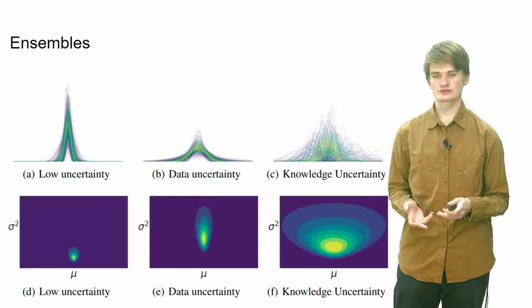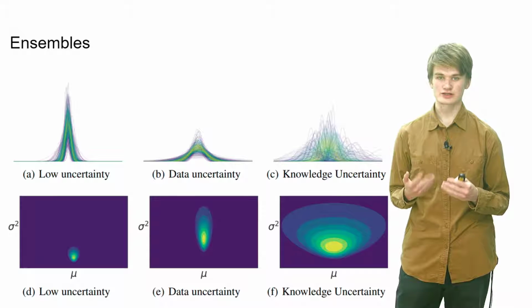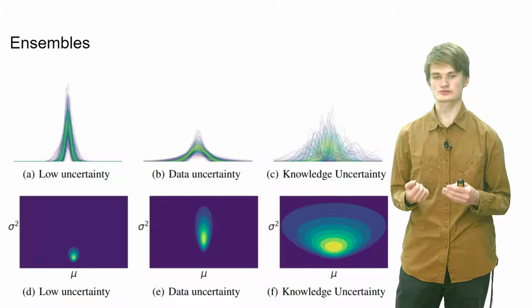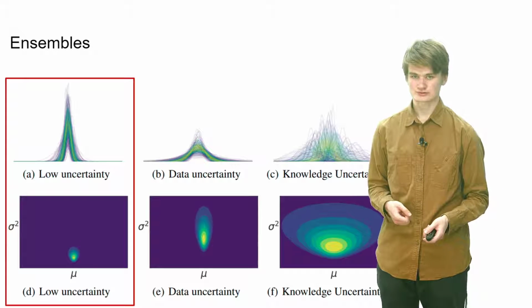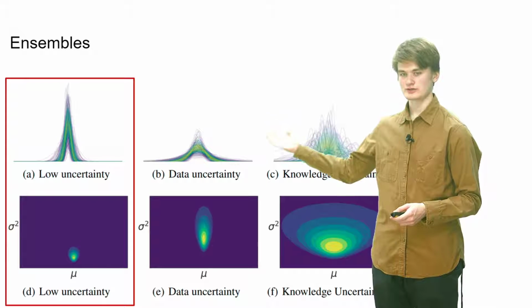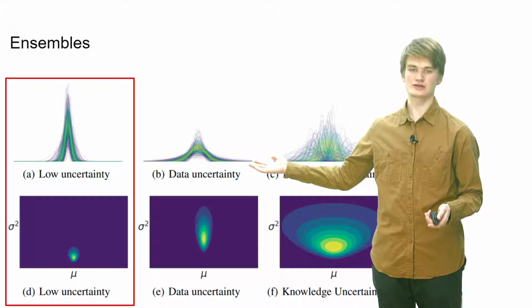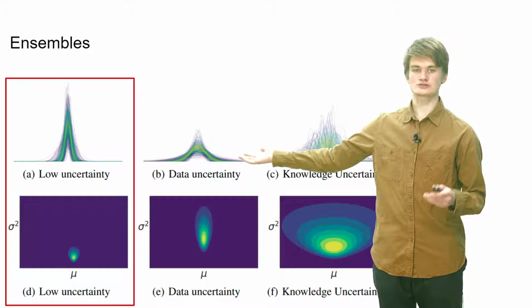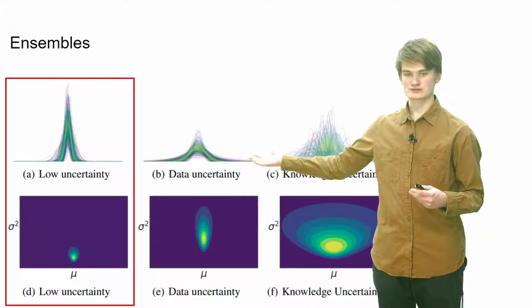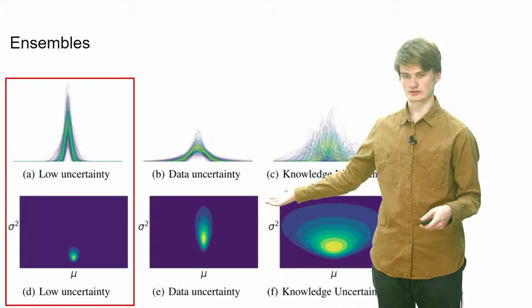From previous videos, you know that ensembles with random initial seeds allow us to calculate uncertainty measures. In case of Gaussian ensembles, if we are in domain and a prediction task is simple, then each model in our ensemble is confident, and their predictions match. Variance is small, and ensemble predictions of mean are agreed with each other.